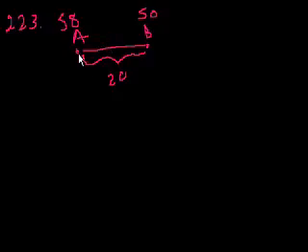So essentially, they don't want just car A to catch up. They want car A to catch up and go ahead 8 miles, and drive 8 miles ahead. So another way to think about it is, how long will it take for car A to go 28 miles further than car B? And the easiest way to think about it is just what their differential is. Car A is going 8 miles an hour faster than car B. So the relative velocity of A relative to B is 8 miles an hour,